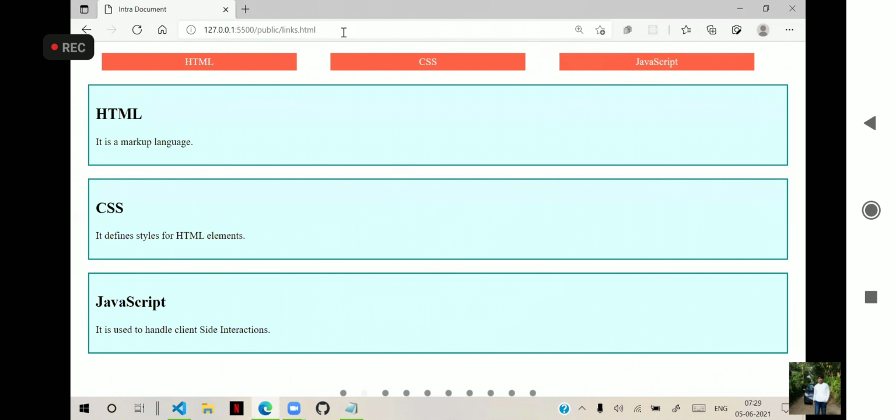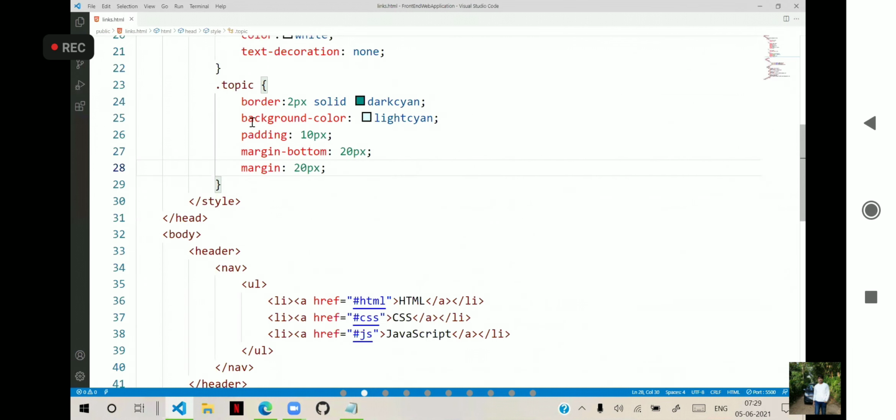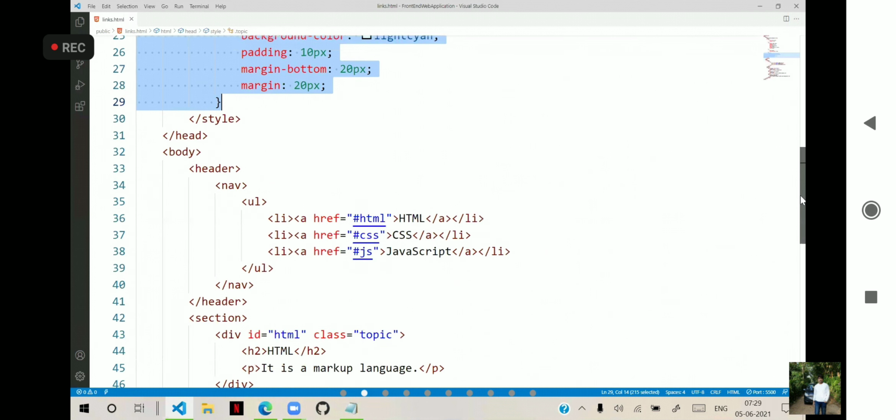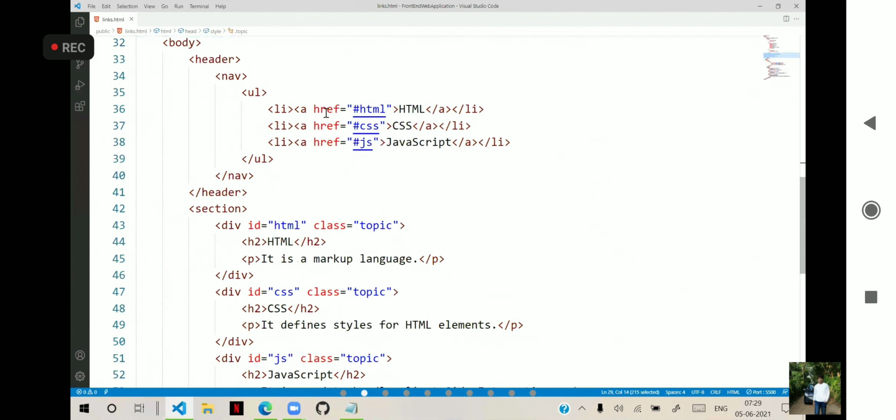So that is the problem here. Technically it is setting the target, but it is unable to reach it. In such cases, we go to the topic. When I click on this link, the topic has an ID called HTML.